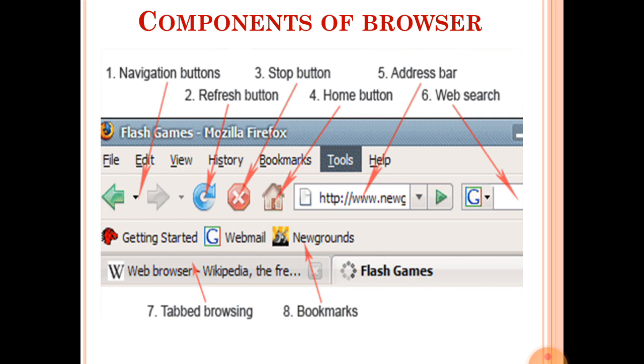Next is web search. After that, the next bar is the bookmark bar. The user can bookmark some web pages or websites that the user frequently uses. Suppose that we are using usclasses.in daily. So we can bookmark usclasses.in on our bookmark toolbar.